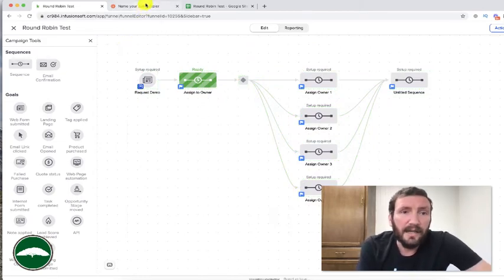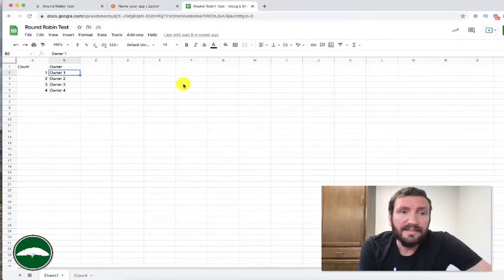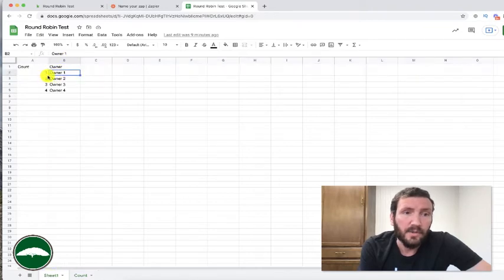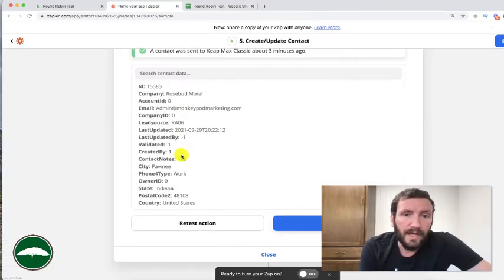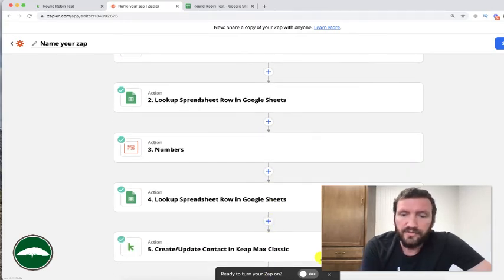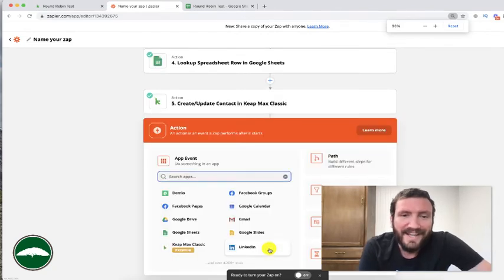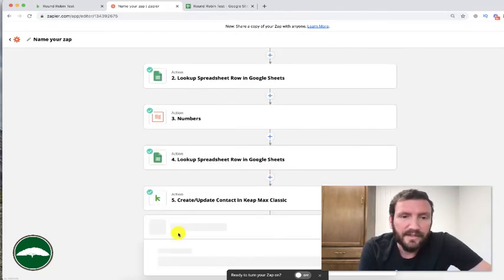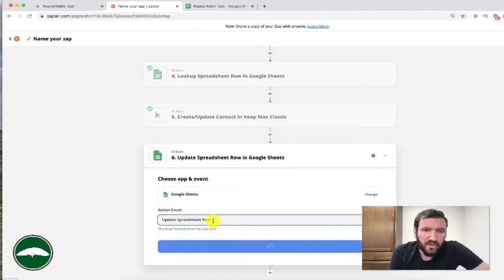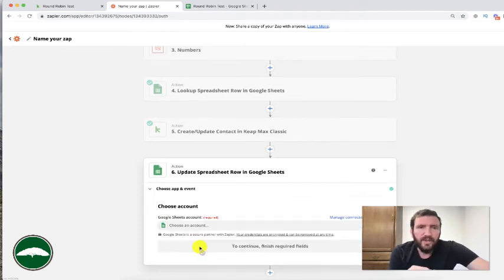Now the key and the final step here is to make sure that this count is incremented so that the next person who comes through gets set to the next owner rather than continually finding owner 1. So let's do that. So close, and then we'll add another step down here. There it is. And this is going to be to update that same row. So we will choose update spreadsheet row,